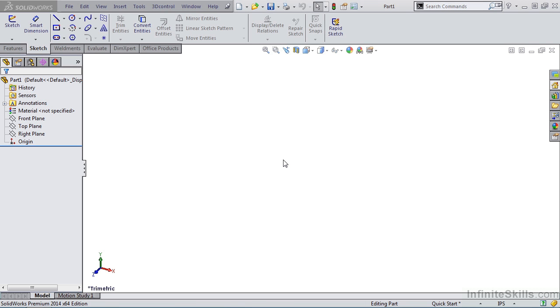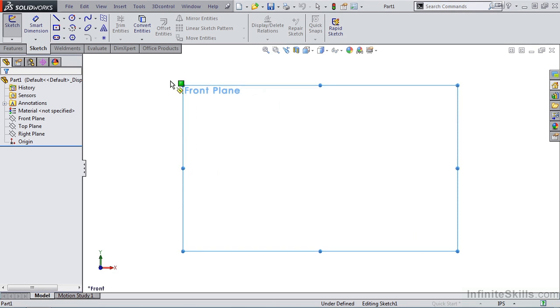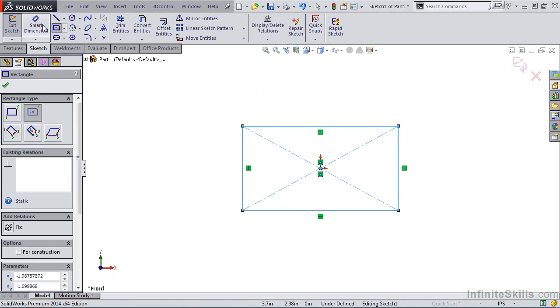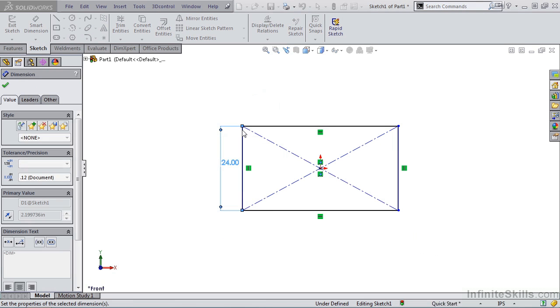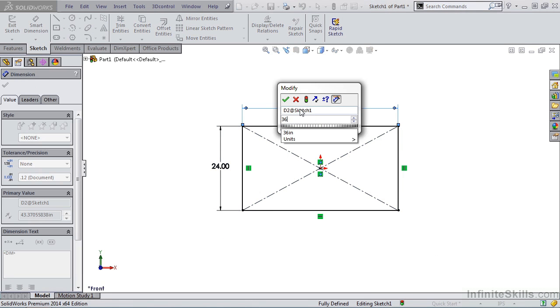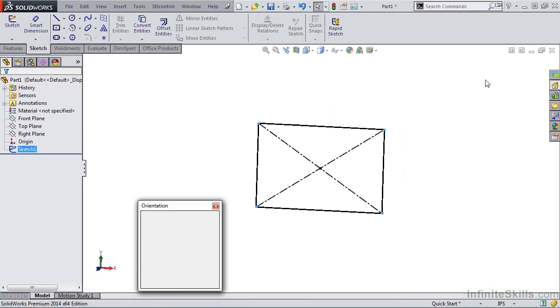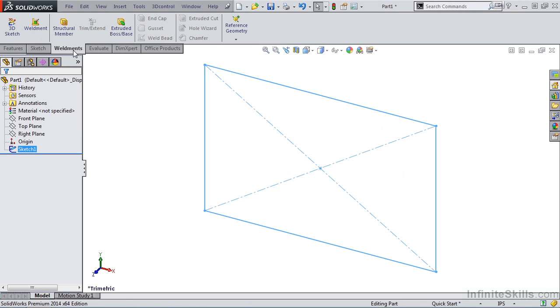Now let's begin. I'm going to start by creating a simple 2D sketch, a center point rectangle, add a couple smart dimensions, and closing out of the sketch. And for viewing purposes, I'm going to rotate this to trimetric view and then go to the Weldments tab and